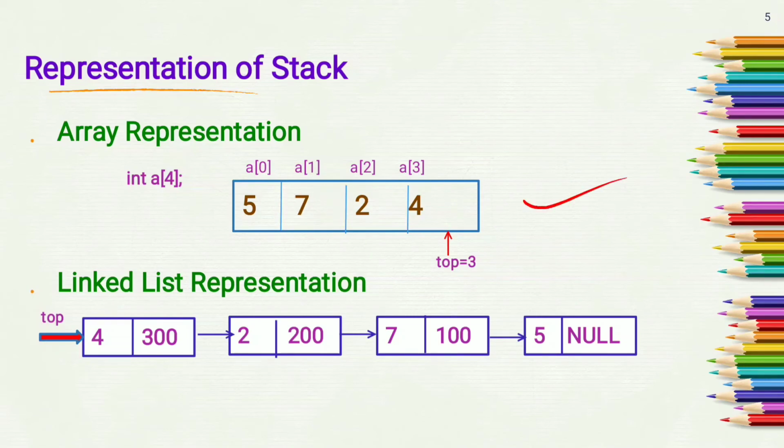How we perform push and pop operations over a stack we will see in the next video. Next is the linked list representation of a stack. Here you can see the element which is inserted first will be the last element of this linked list. This is the linked list representation of a stack, in which this is the first element which we push in the stack. The second element is 7, this is the third, and this is the fourth element, that means the topmost element of the stack. So top always points to the topmost node of the stack.